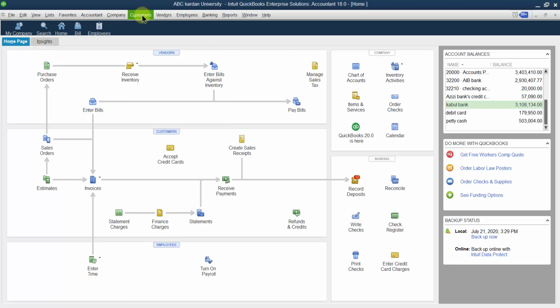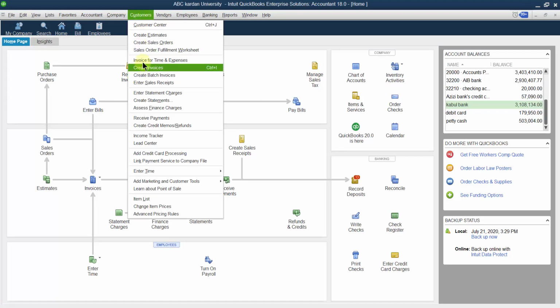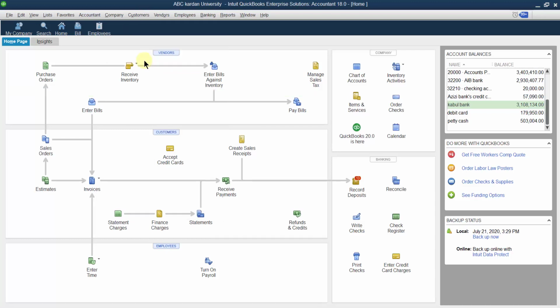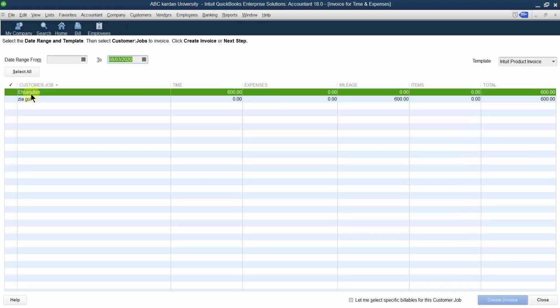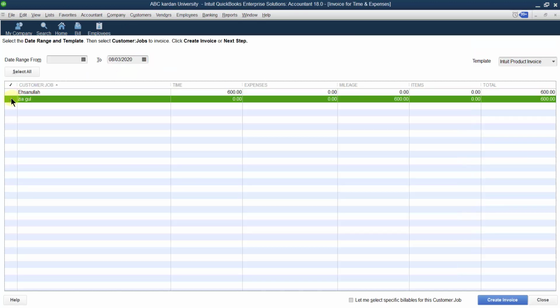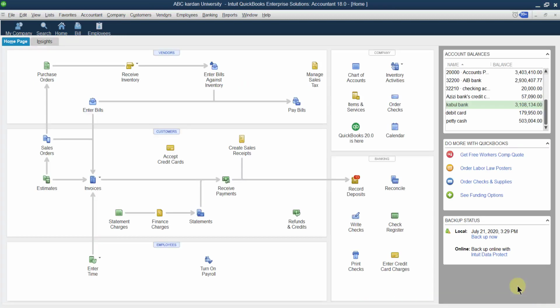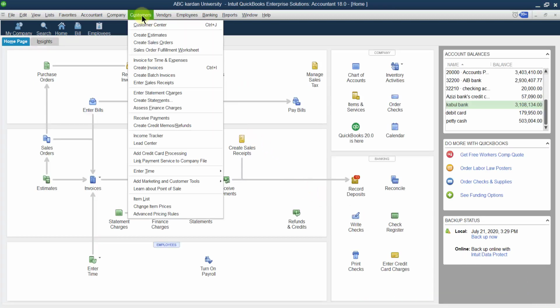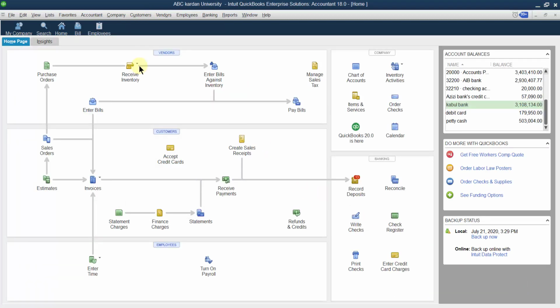Now, if you go to the customer, click on invoice for time and expenses and select Ziagul, for example. So select Ziagul. It shows how much mileage we have provided for this one. For example, we have provided 20 miles times 30 becomes how much? 600. Or otherwise, if you do not provide it from here, click on the invoice,